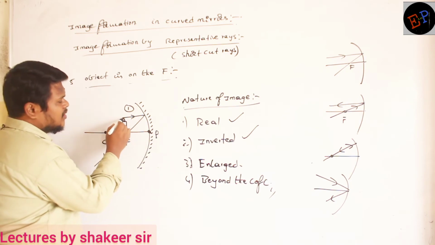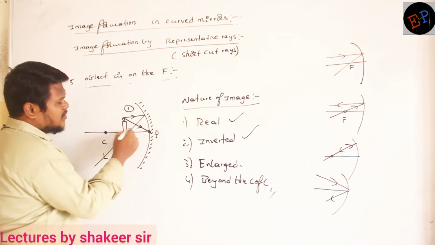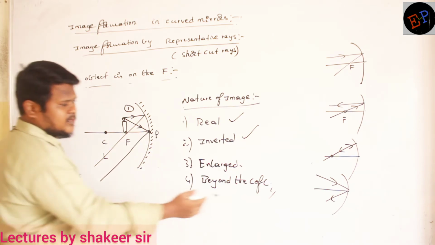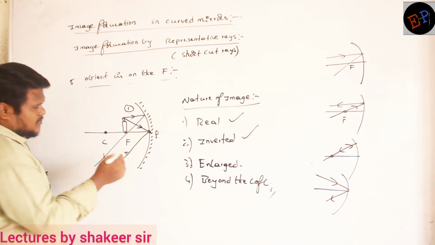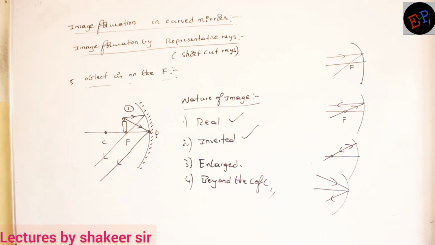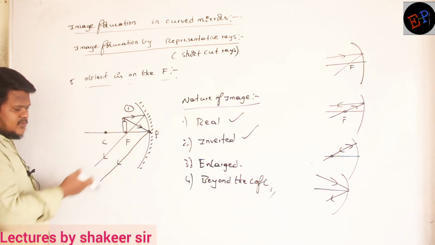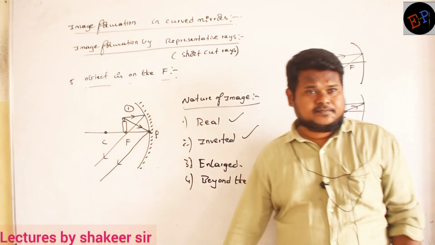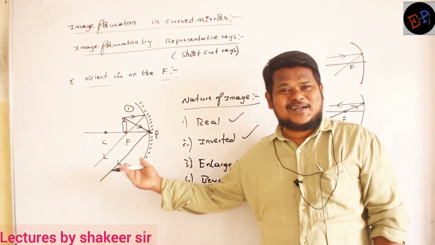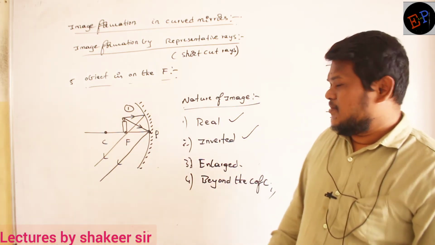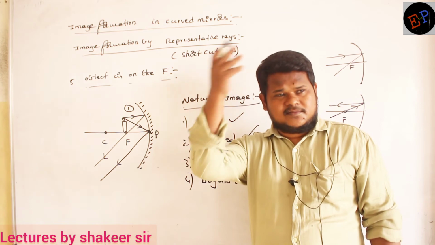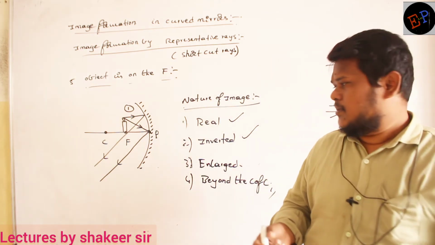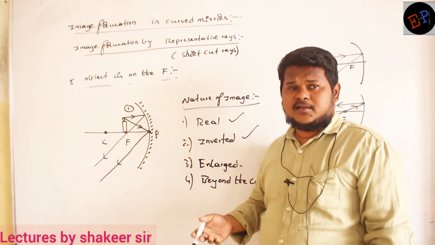What is ray number 4? Light touching the pole at an angle of theta, then it should reflect at the same angle, no? This is ray number 4, no? Clear? This is the image which is created. Now if you see here, where these two light rays are meeting with each other, they are not meeting at all. Okay? So we will assume that maybe somewhere they will go up to infinity and they will meet at the infinity. Are you able to understand? So therefore the image is also created at the infinity.